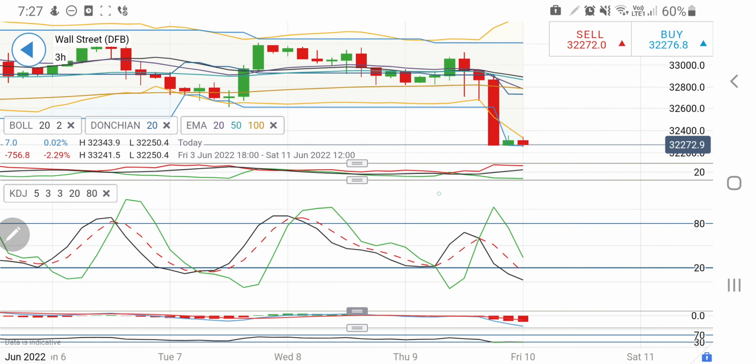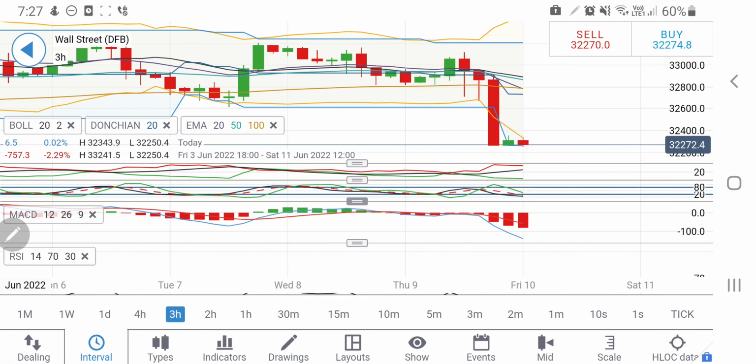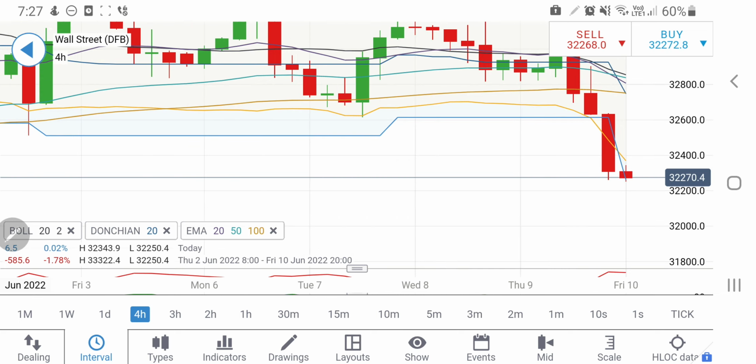Directional movement is extremely bearish. Stochastic is oversold. MACD is extremely divergent, extremely bearish. It must start to converge from here, and RSI 2 is oversold on the 3-hour charts. If you look at the 4-hour charts, on the 4-hour charts too,